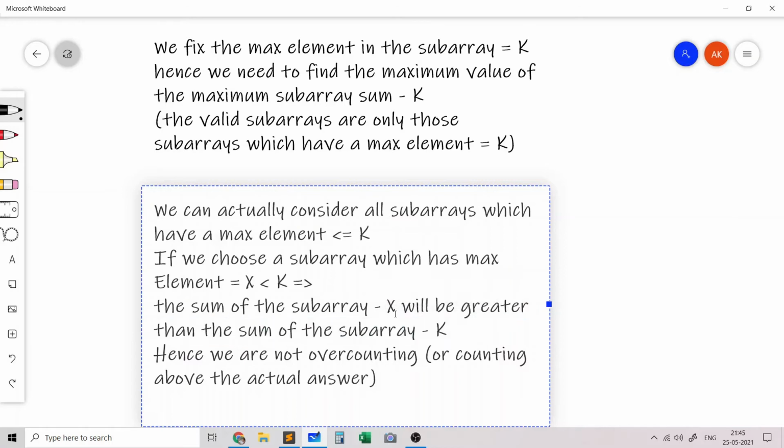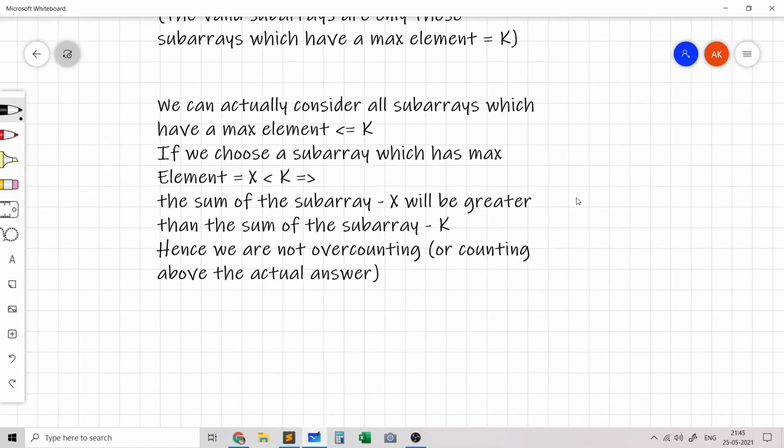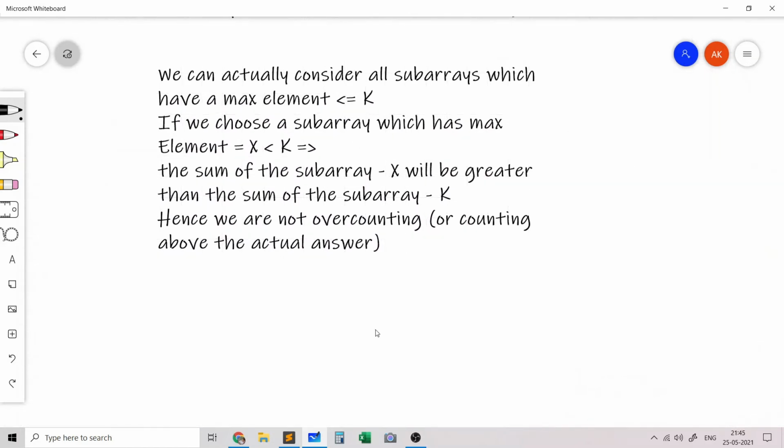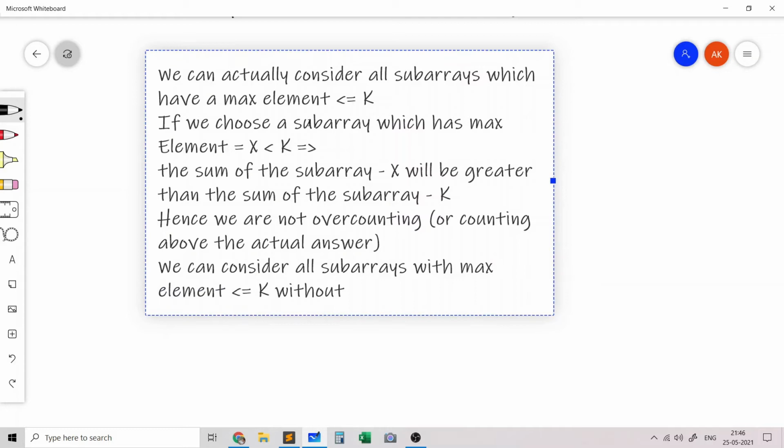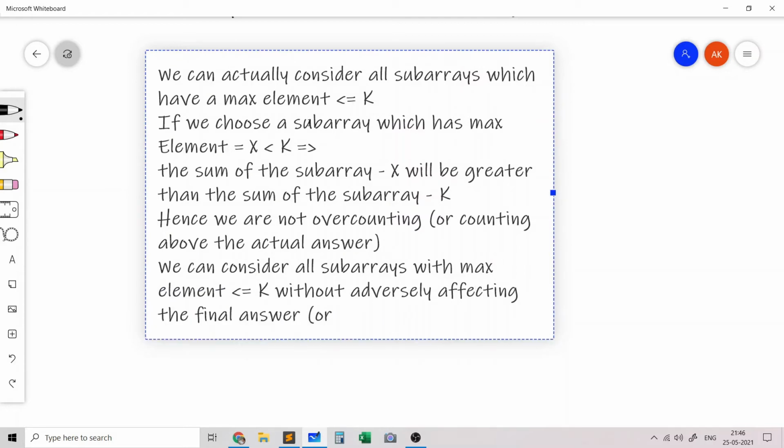The actual value is greater than this, so we can also consider all subarrays with max element less than or equal to k without affecting the final answer. So to conclude, we can consider all subarrays with max element less than or equal to k without adversely affecting the final answer or getting a larger value than the actual answer.